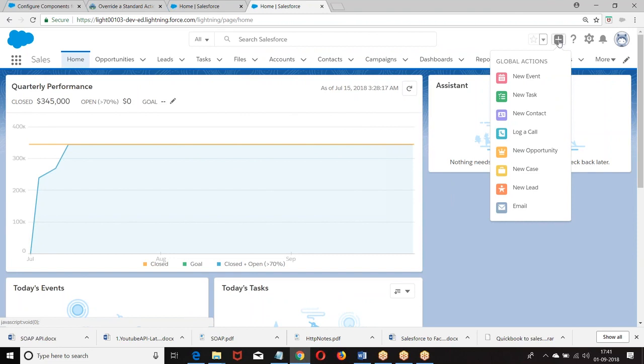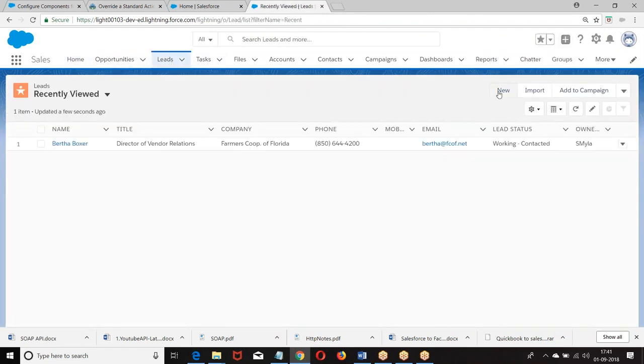When I click on the plus sign, new event, task, contact, all these are what? Global actions. So if I create a global action, it should be added here, not here. These are object specific actions.